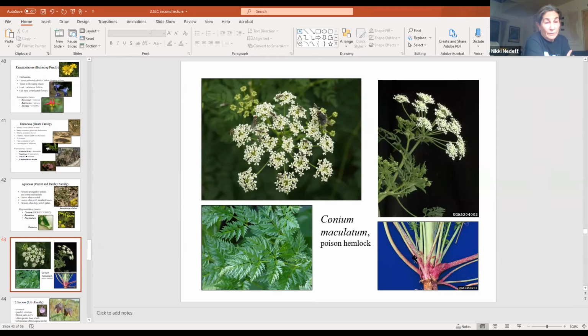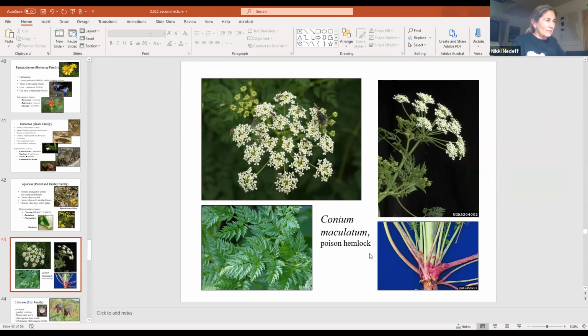When the powers that be in the Greek city-state at that time, the Greek government, decided that Socrates was working, and I don't know if he was preaching, but talking on the steps of the Parthenon or wherever he was, in a way they didn't like. So they murdered him and they concocted a potion made of this plant, poison hemlock, which is native to the